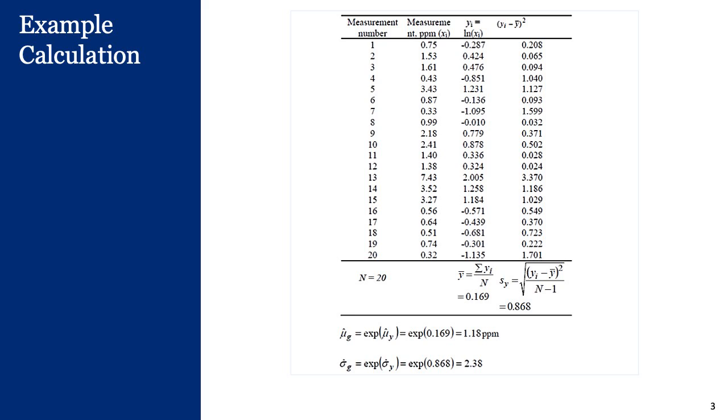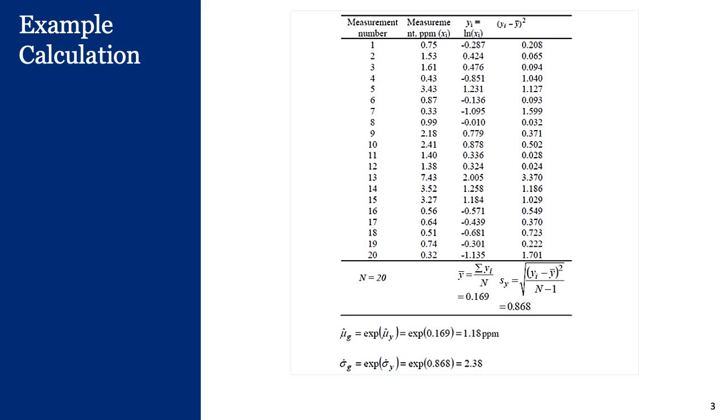And in the second column, you have the actual values of measurements in units of parts per million, presumably of some kind of a gas or vapor. And these are denoted as x sub i, and the i refers to the ith measurement. And the measurements are 0.75, 1.53, and so on. In the third column, we have the natural log transformation of these measurements. And as you can see, depending on the value of the measurement, these can potentially take negative values